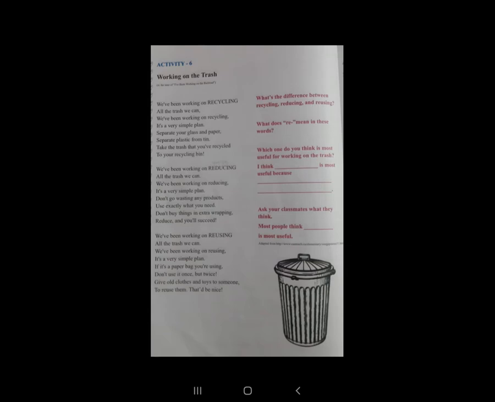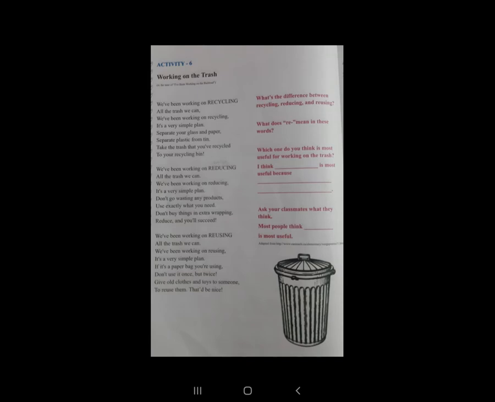So the answer is: recycling is a process to change waste materials into new products and prevent waste of potentially useful material.